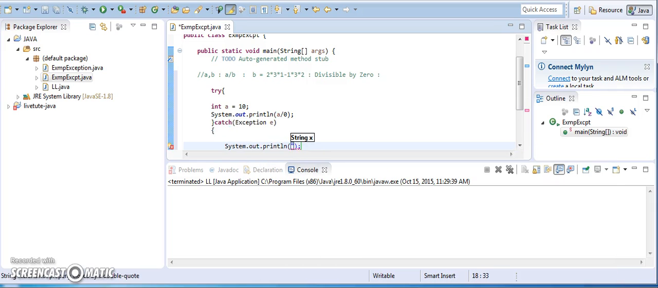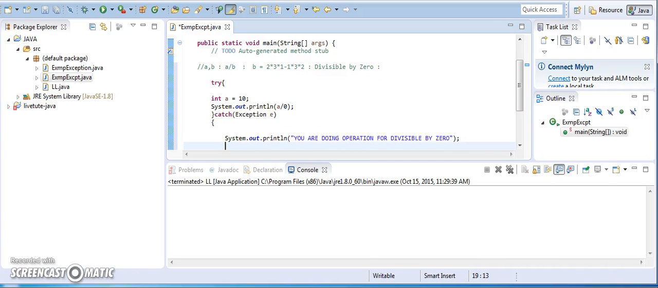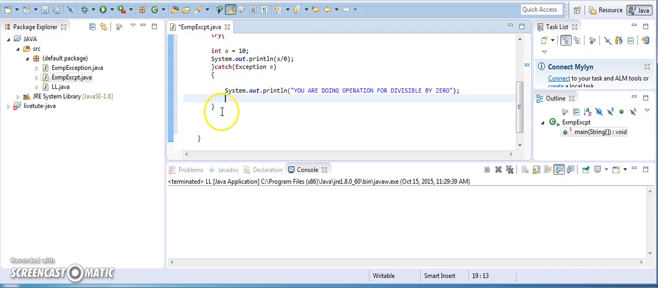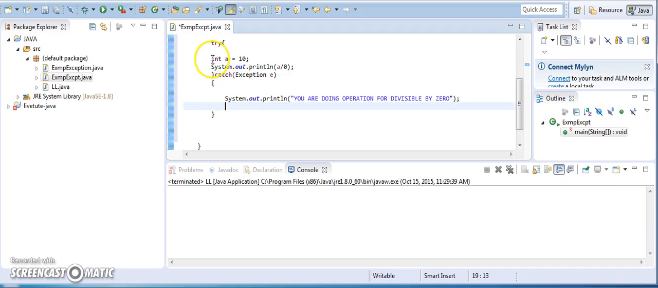println, you are doing an operation for divisible by 0. You are doing an operation which is division by 0, right? So this error you are going to get, right? So now what I have done is,